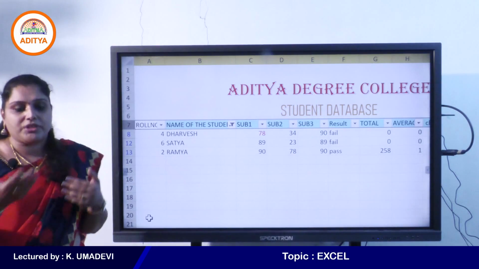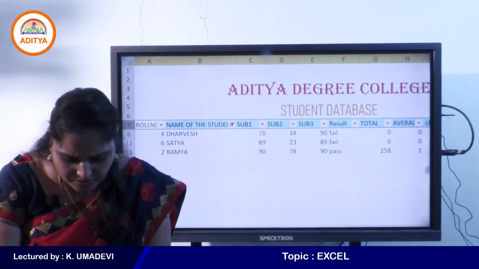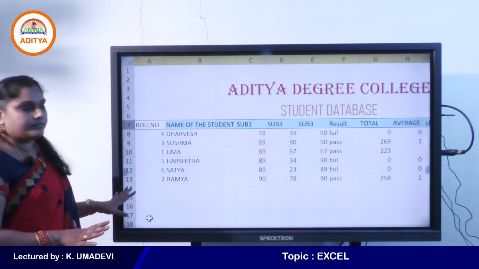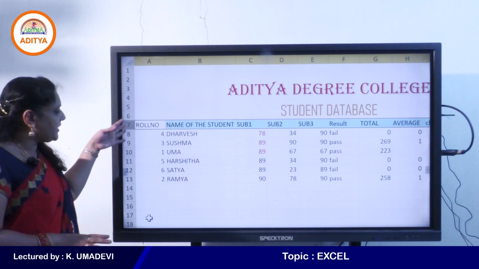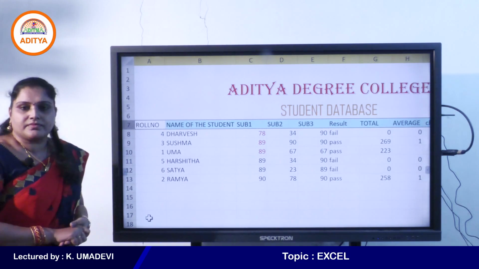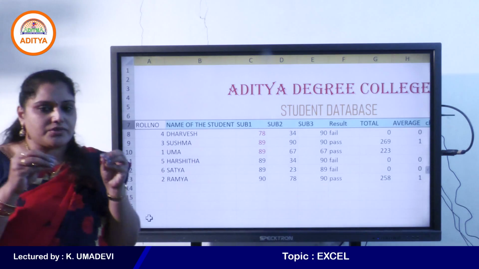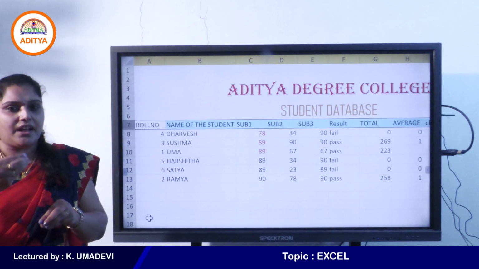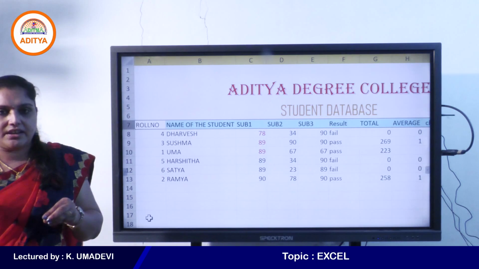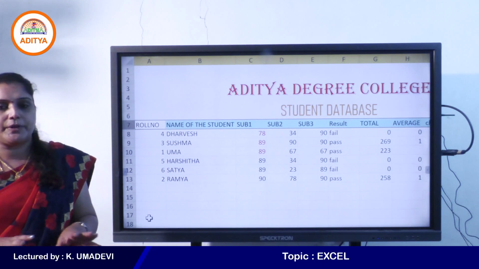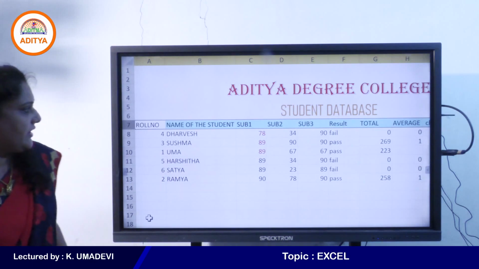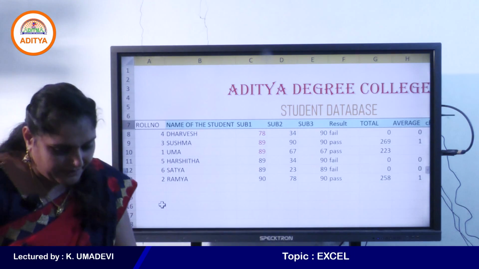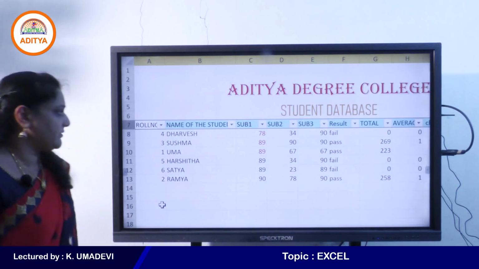If you want to remove the filters, press Ctrl Shift L. Now all records are displayed in your sheet. So the filter is only used to display particular information and it hides the remaining data temporarily, not permanently. If you want to apply the filters again, press Ctrl Shift L.